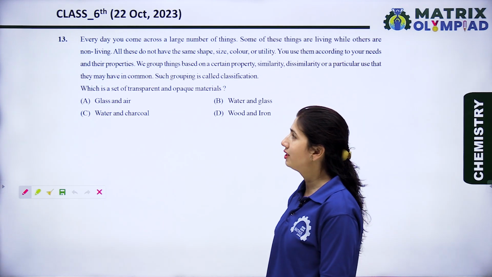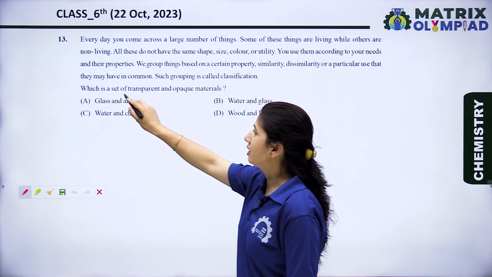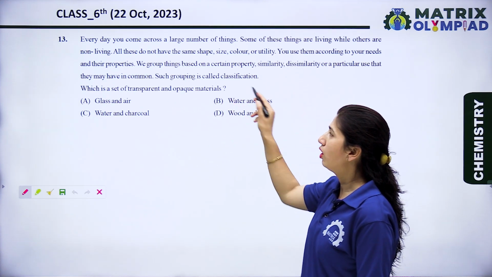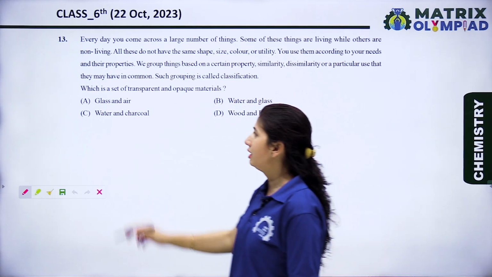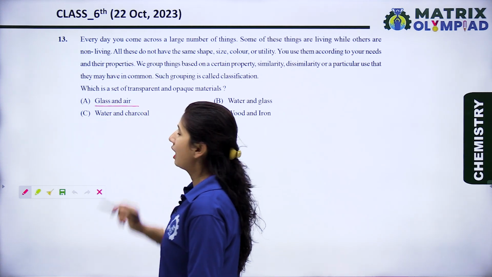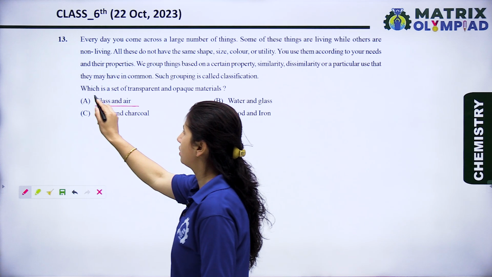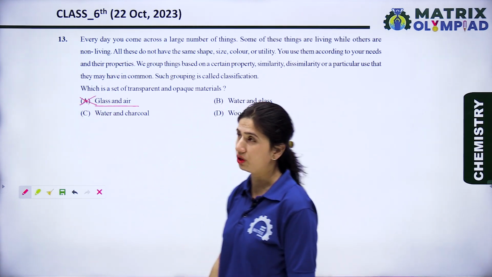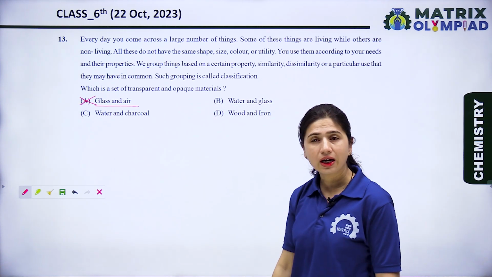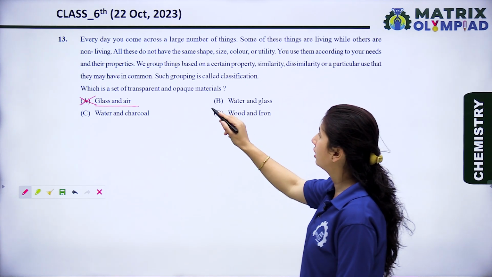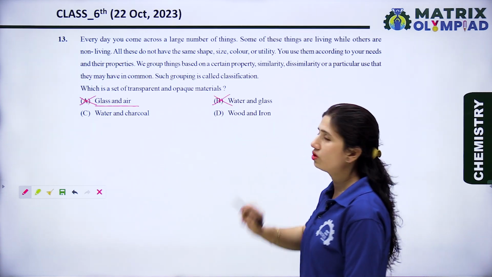Okay, so now let's see the question. Which is a set of transparent and opaque materials? So let's see the first option. Glass and air. Glass and air both are transparent substances. So this is not the right option. Next is water and glass. Water and glass both are transparent substances. So this option is also